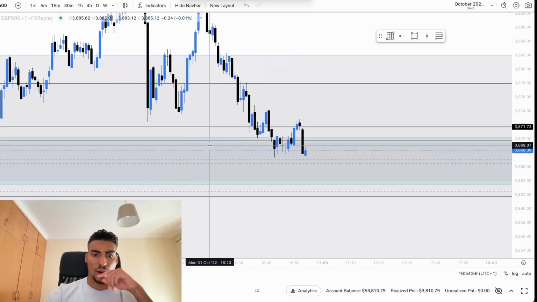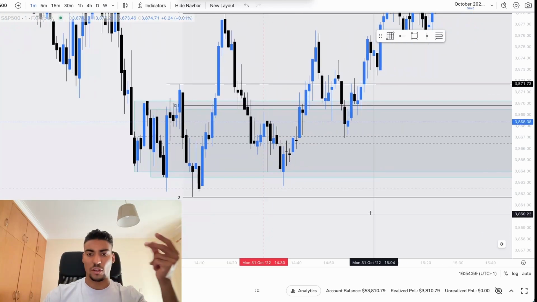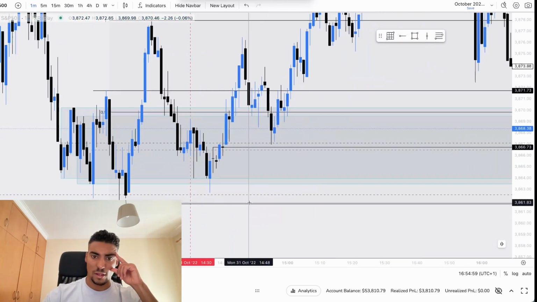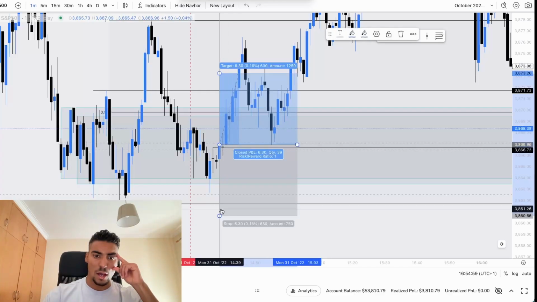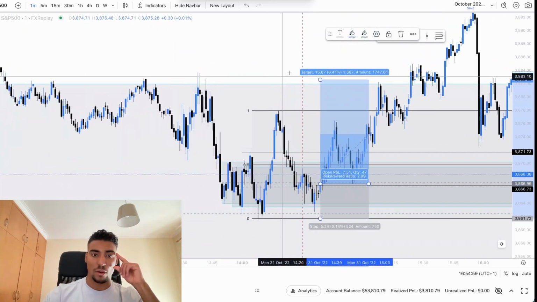We don't have any fair value gap entry. Go to the 1 minute, this is right on market open, to be honest. We're waiting for breakout structure in the fair value gap or 79% extension to be disrespected. We get a breakout structure right here, boom, enter on that, stop loss below these lows, right here, and then take profit wherever you want to be.